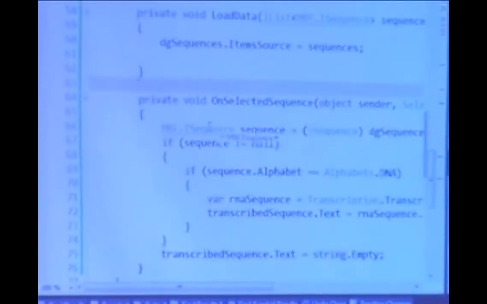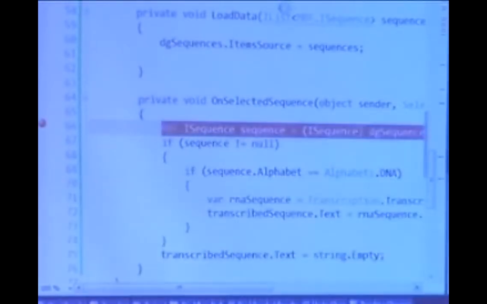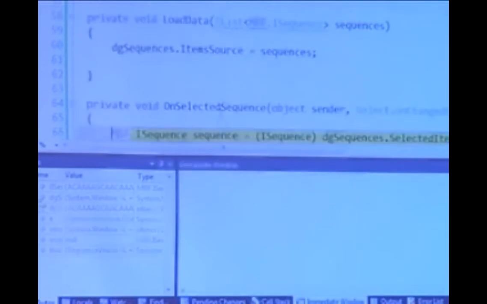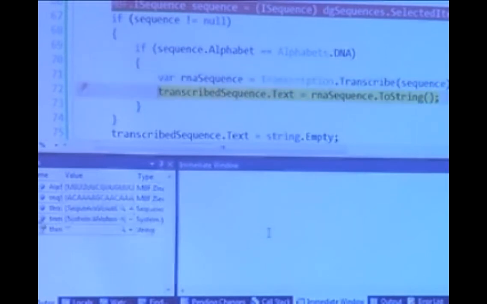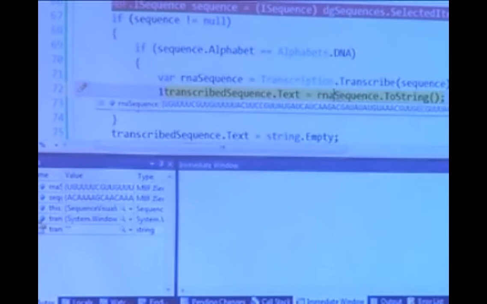I select it. Uh-oh. Let's put a breakpoint here and see what happened. It should be DNA. And I got a sequence back, that's right.